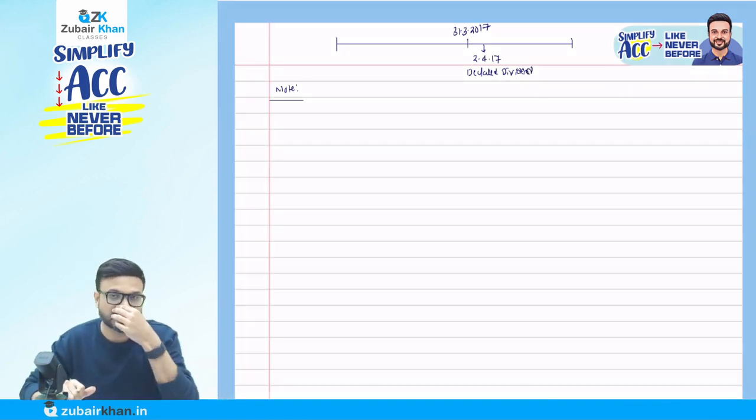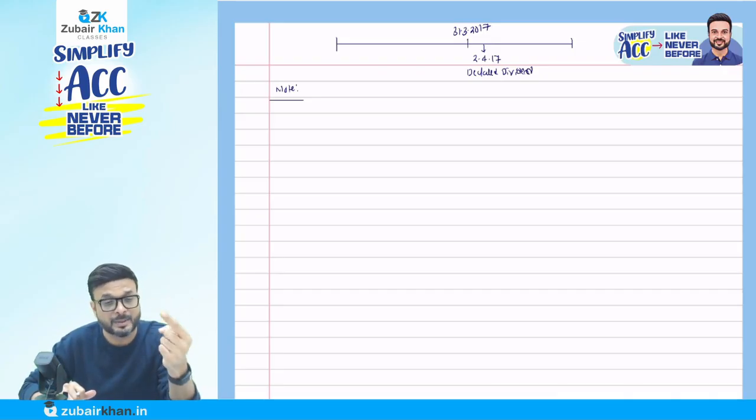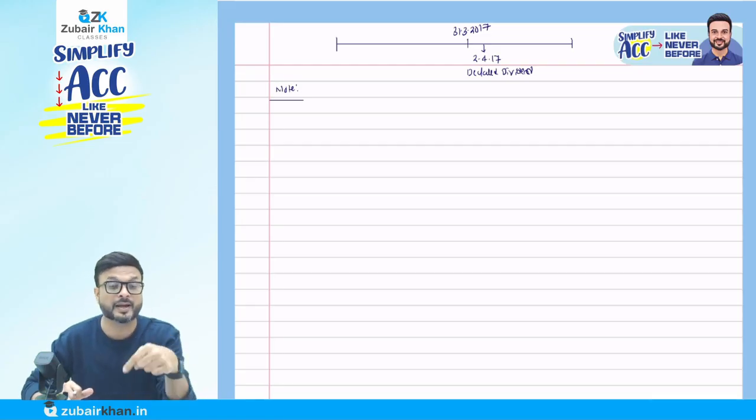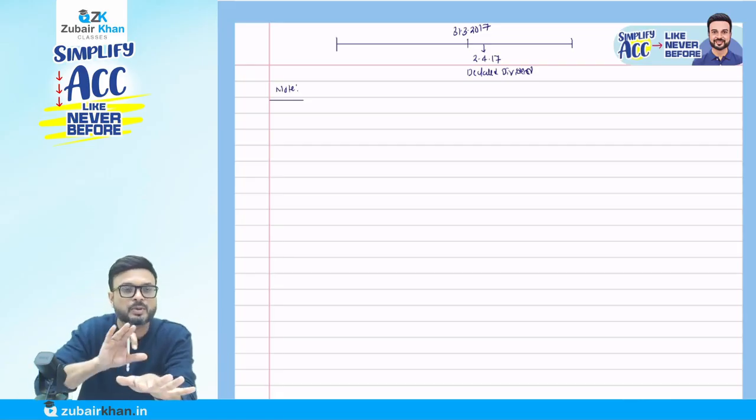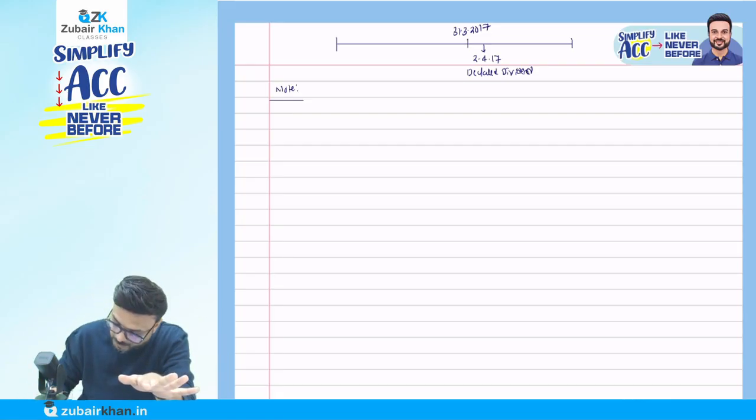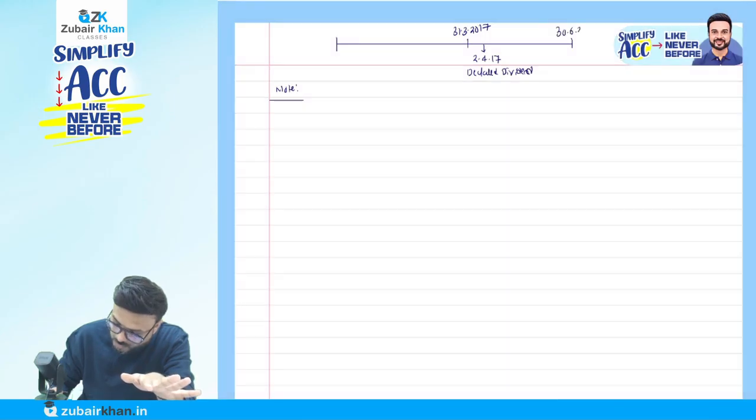What that accounting standard says, first of all, understand. Suppose the balance sheet date is 31st of March only. But it is not necessary that we finalize the books of account on 31st of March. The balance sheet date position is of 31st March only, but it will take time to finalize the books of account. So suppose on 30th of June 2017, you approved